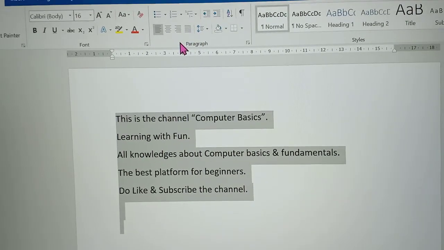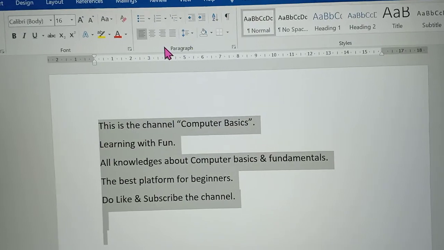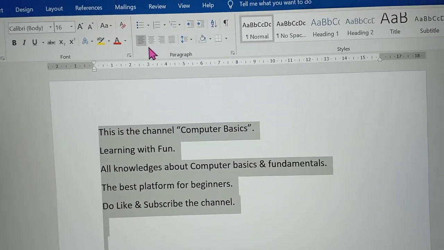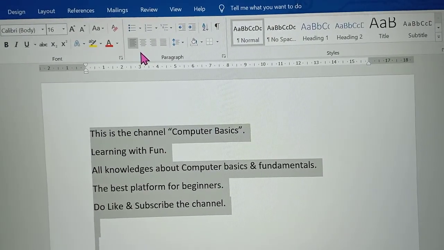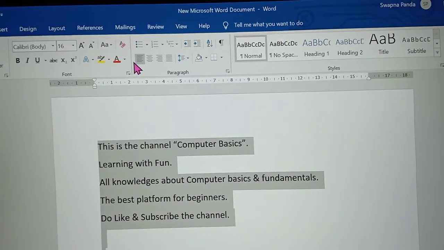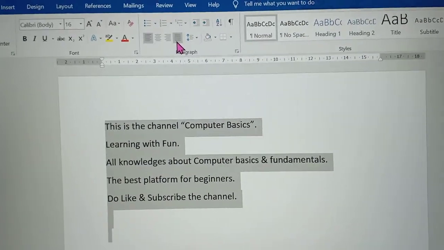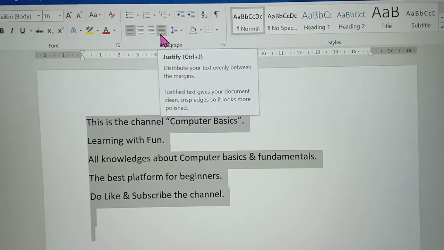To align any text, select it first, then choose the type of alignment by clicking from these 4 alignment options. So this is the process of changing the text alignment as left, center, right or justified.